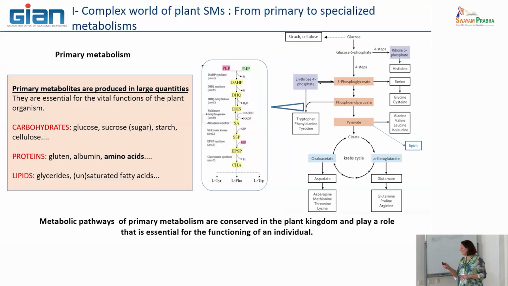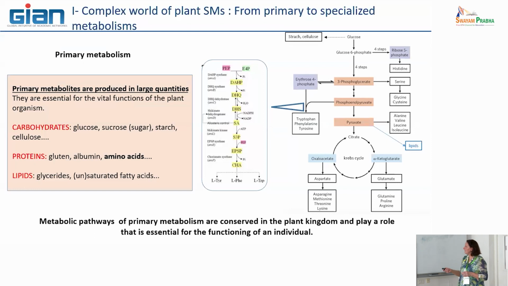Because, as you can see here, this molecule is able to produce every amino acid. You can see tryptophan, phenylalanine, tyrosine, and different other types of amino acids that are the starting point of the different metabolic pathways leading to terpenes, alkaloids, and phenolic compounds. So it is very important to have an idea of these precursors, because we can name these amino acids as precursors of the specialized metabolite biosynthetic pathways.